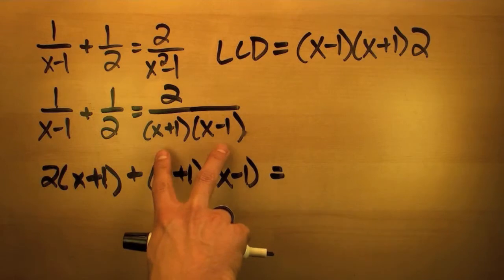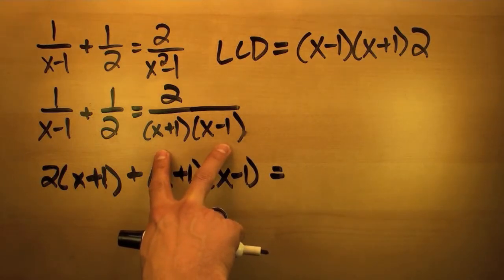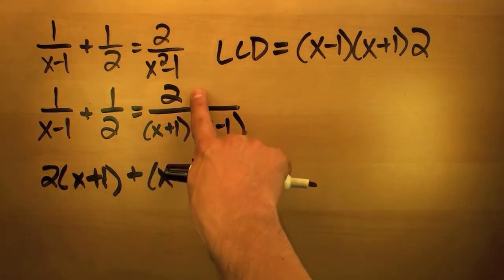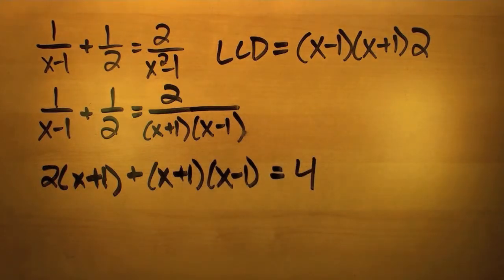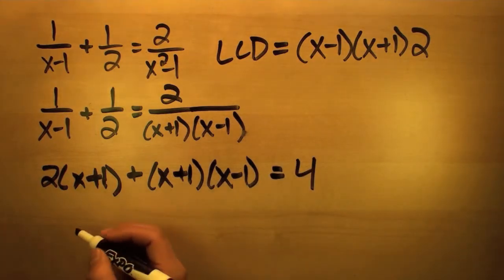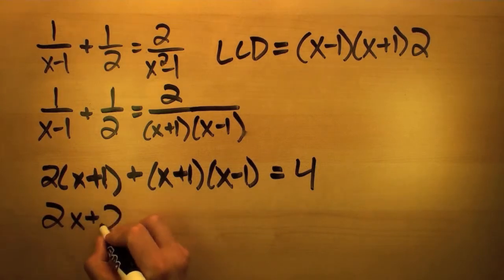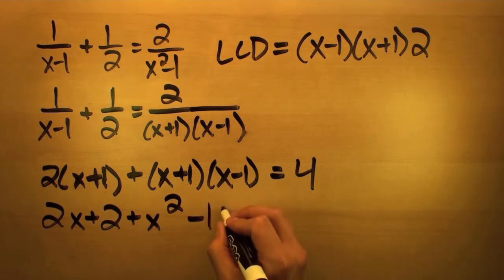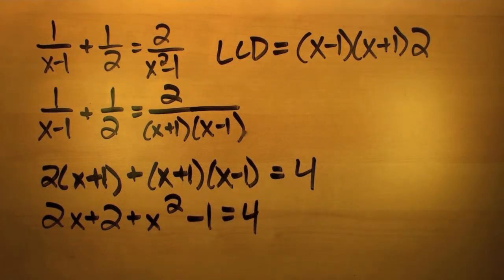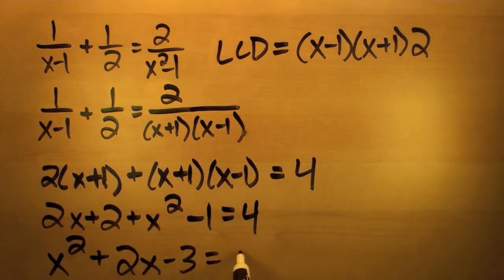And when we multiply this term on the right by our least common denominator, both the x plus 1 and x minus 1 factors cancel, and we get 2 from here times the 2 that's left over in our least common denominator, leaving us with 4, giving us 2x plus 2 plus x squared minus 1 equals 4, or x squared plus 2x minus 3 equals 0,